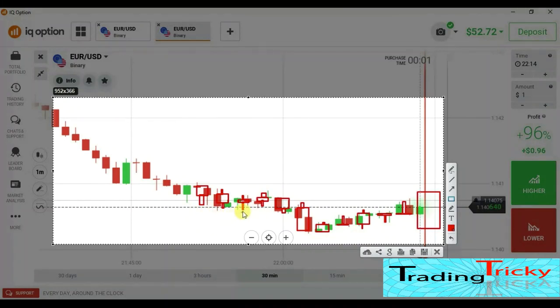If you don't know how to convert this chart, how to see the chart, how to read the chart, how to read the candle, you will not be able to understand which way you should go. Like after this strong, this is a rejection. It means most of the traders are thinking, okay, this is a level,